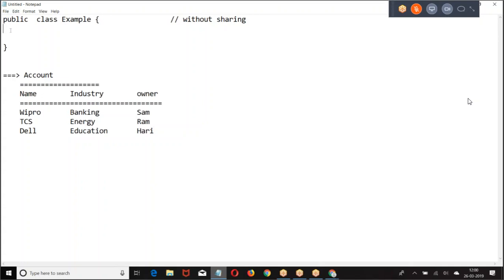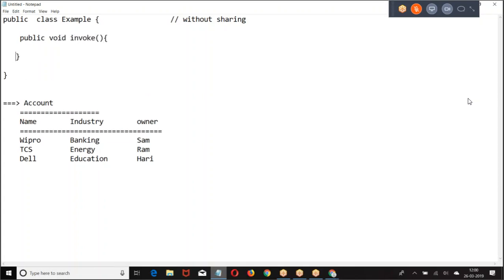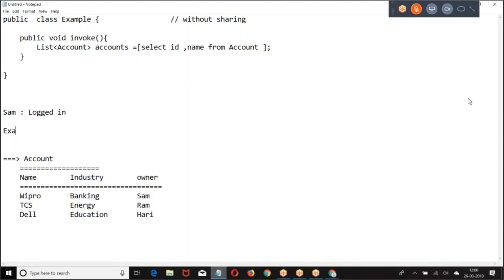This is the data, and this is the code that I wrote. Now, Sham logged in, and he is executing the code like this.